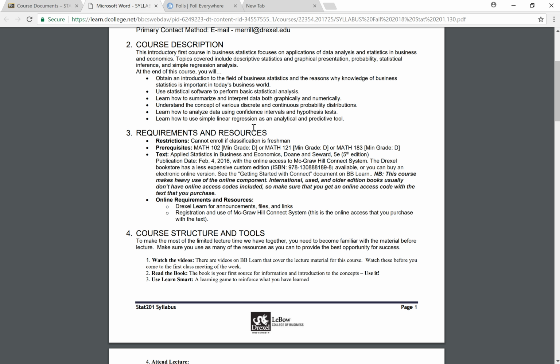And simple regression is something that you are definitely going to need to know about when you get to your finance courses, your accounting courses, marketing courses, management. Everyone's using regression anymore, and so you're going to see it here, and hopefully it won't be too difficult, because you'll see it in the proper context and understand it for what it is.